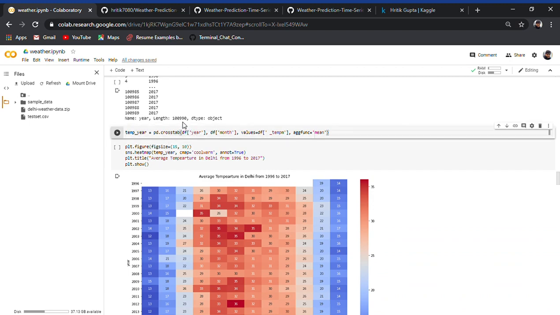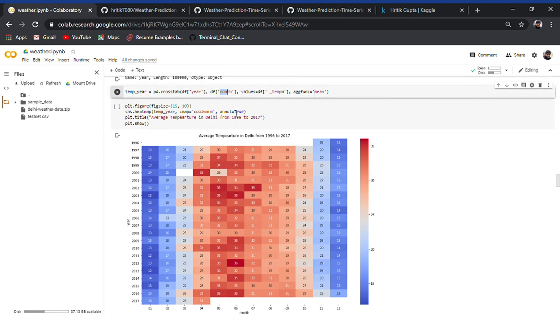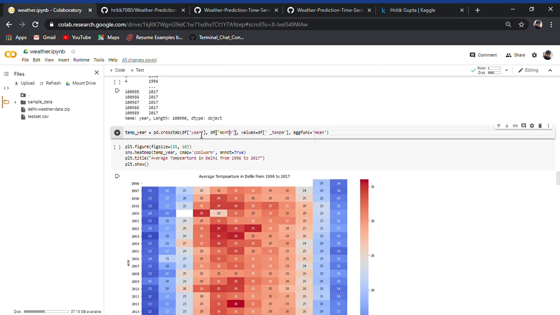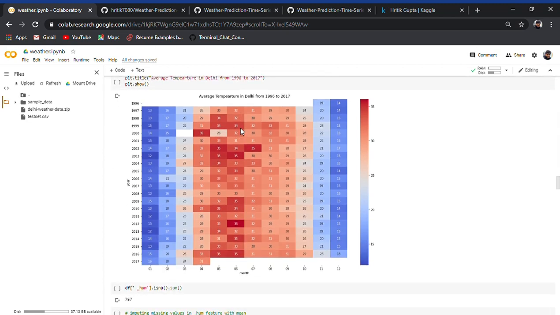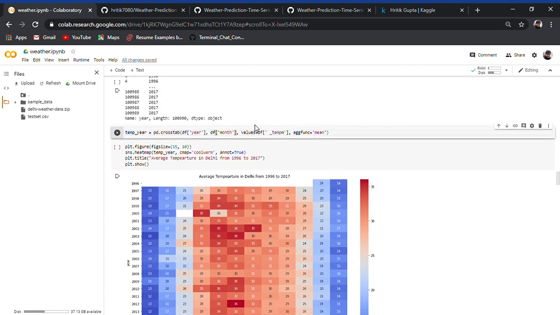Now we are making a cross tab, or we can say a matrix, with x-axis as month and y-axis as year, and filling the values with the temperature column.